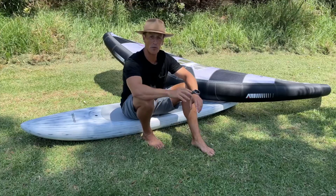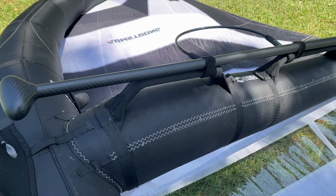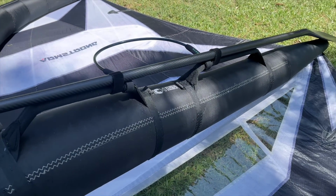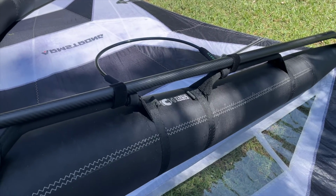Hard handles for me are really important, because that's how I strap the boom to the hard handles. It keeps it away. And then a harness line, I put that on there also. Again, it reduces fatigue for going upwind, and that allows me to let my arms go and I can save my energy for when I need to